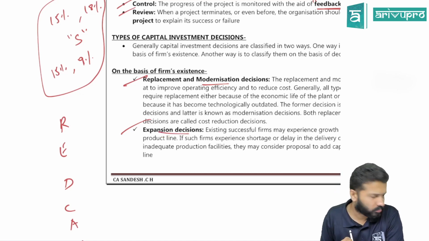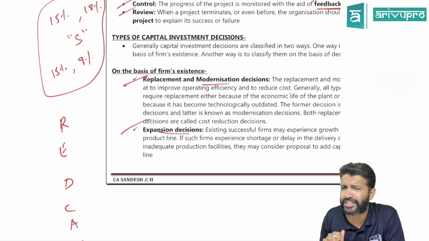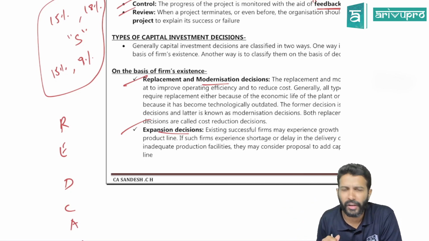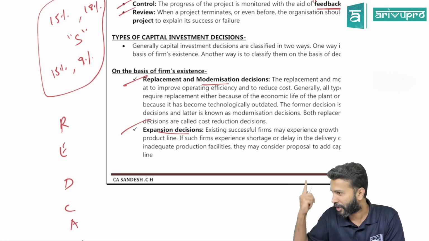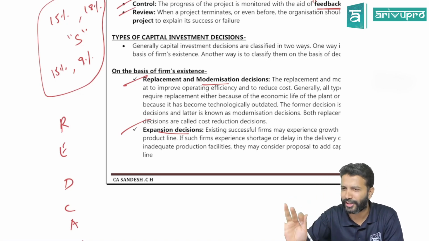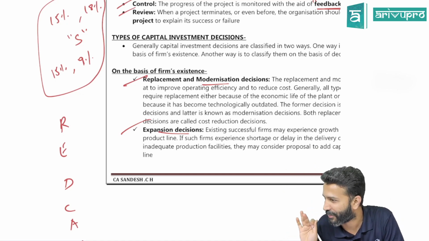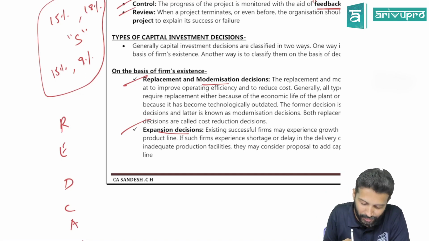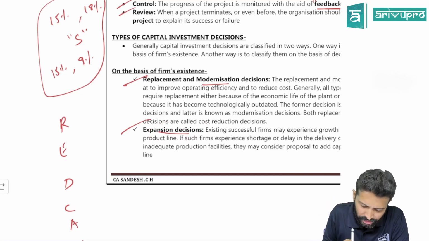Everyone would like to expand. Any business for that matter, they are not happy with their existing status, they want to still grow. Even if you are the world's richest person, will he say I am satisfied, or will he say I will still expand my company? He will still expand. Everyone's aim is that only. Where is the end? You don't know. That becomes spiritual. Let's not go there. But at the end of the day, everyone is looking for expansion. Correct or no? So that is your expansion decision.